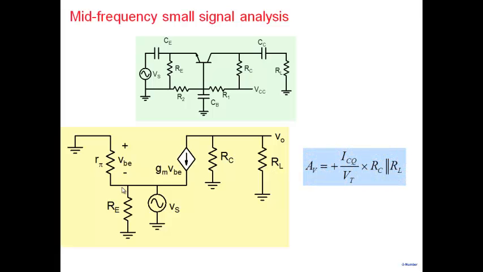It's straightforward to calculate gain. Whatever voltage you apply between Vs here, you can obviously see that Vs is equal to minus VBE. Note here, the base-emitter voltage VBE is nothing but minus Vs. So this current source then turns out to be equal to gm times Vs, and this current source then flows through RC parallel RL. So you build up gain, which is ICQ RC parallel RL divided by VT. Same gain as a common emitter amplifier. Common emitter was also ICQ RC parallel RL divided by VT. The only difference is